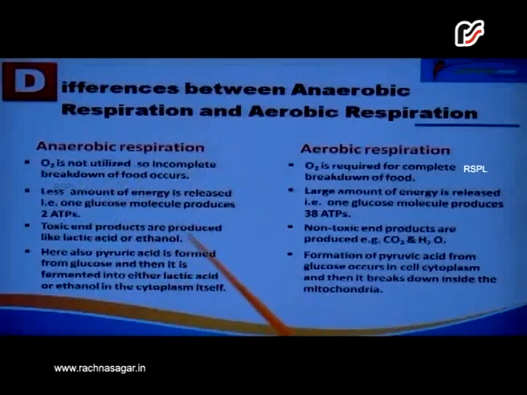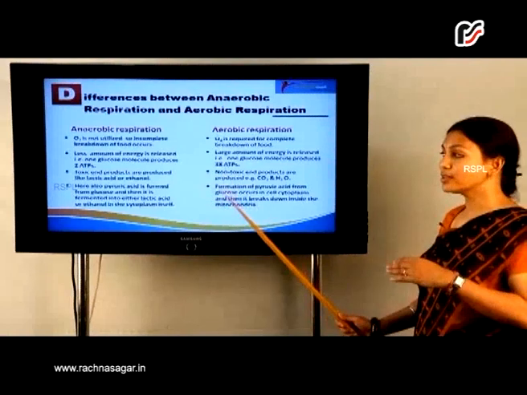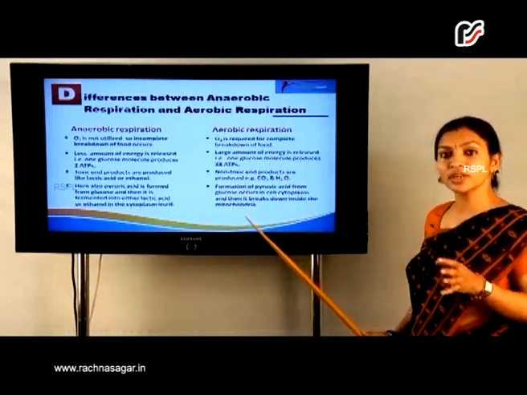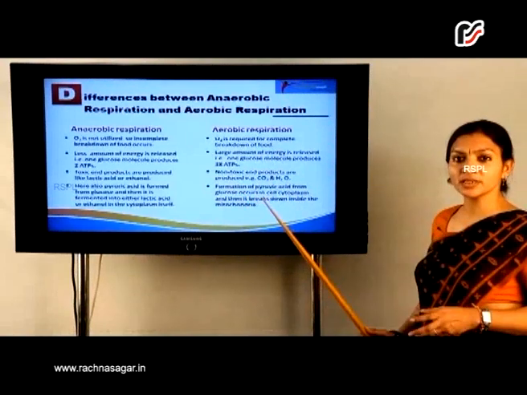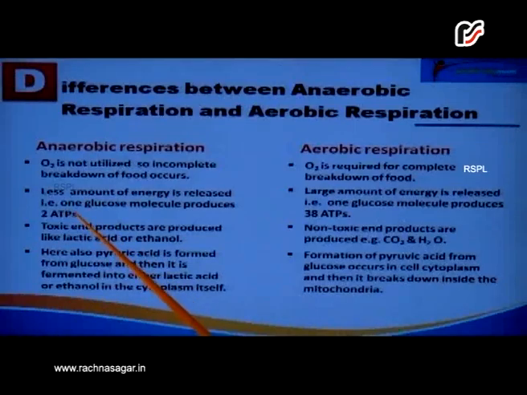During anaerobic respiration, as said, oxygen is not utilized at all for the breakdown of food molecules. Hence, incomplete breakdown of food occurs. On the other hand, in aerobic respiration, oxygen is fully required. Hence, complete breakdown of food takes place and the end products are basically non-toxic. In the same way, when incomplete breakdown of food occurs, less energy is released during anaerobic respiration, that is only 2 ATP molecules. On the other hand, in aerobic respiration, due to complete breakdown, a lot of energy is released, approximately 38 ATPs